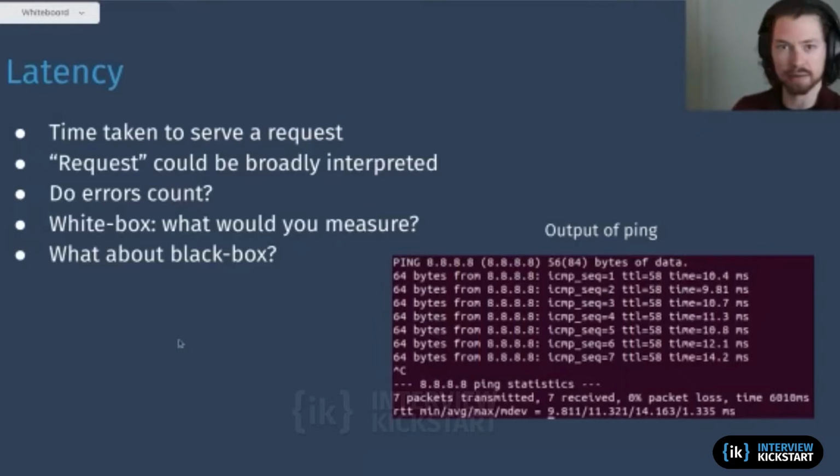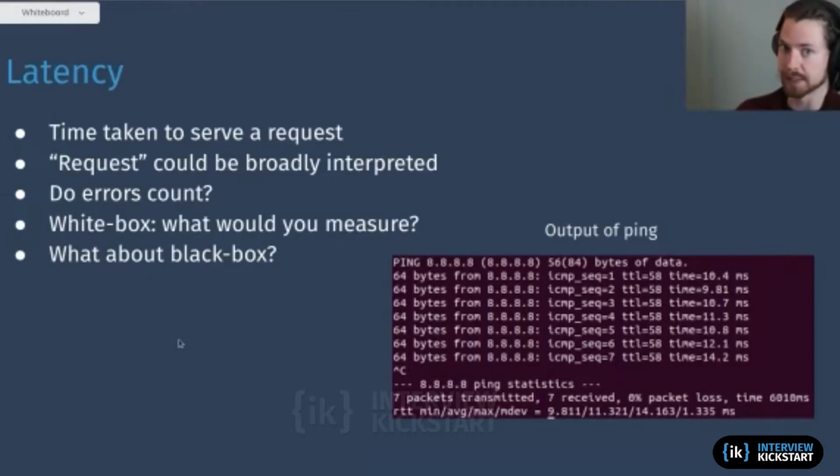There's a lot of complexity in there, but the latency is still just a measure of how long did the user have to wait to get an answer. Or it could be as specific as between your service and a dependent service, what is the latency between the communication there, or the latency of finalizing a request, especially if it's a large data streaming type request. So that's how it could be broadly interpreted, but you also need to keep in mind that if there's an error,